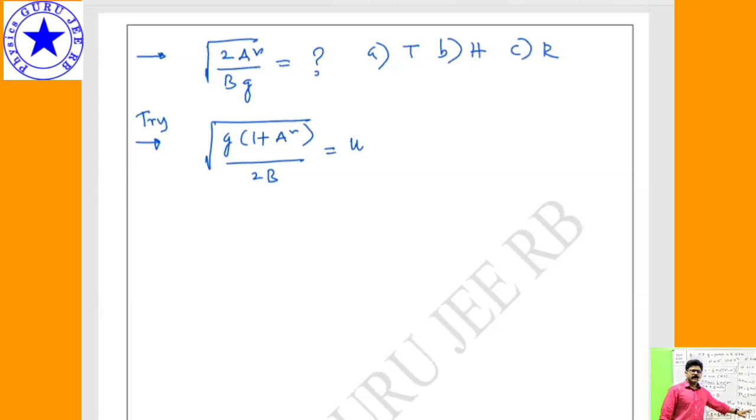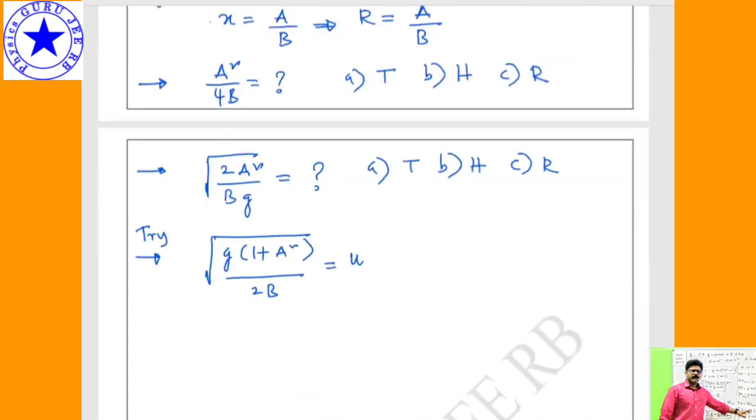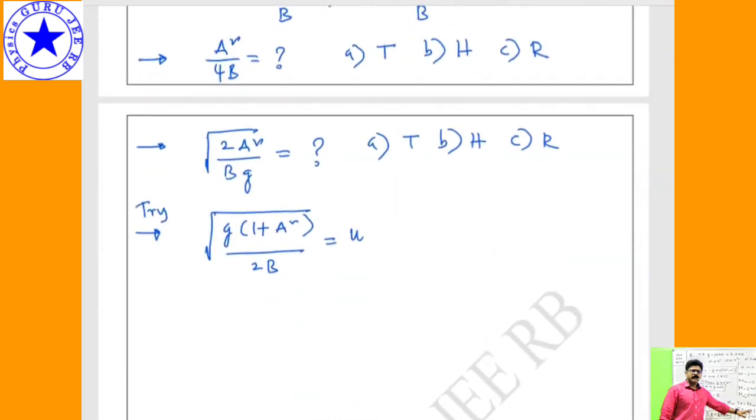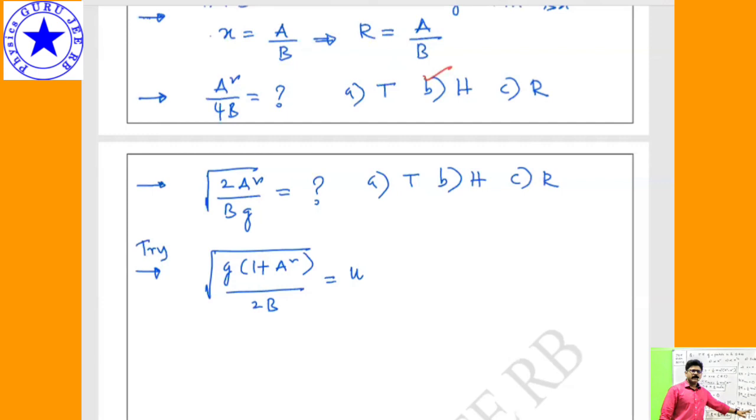If I take the equation of projectile, y is equal to ax minus bx square, ax minus bx square. Hope this is clear. So a square by 4b, anybody? A square by 4b is h. Very good. Somebody posted their answer. So it is nothing but h, maximum height, a square by 4b. Most of the students posted the correct answer.